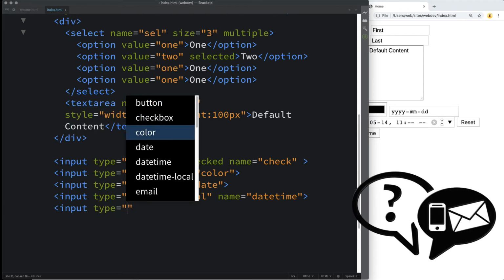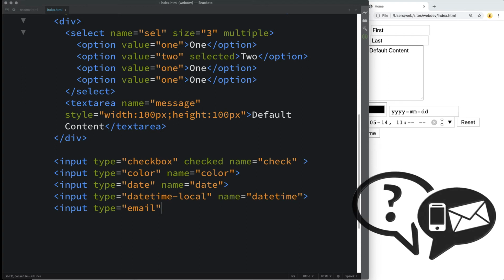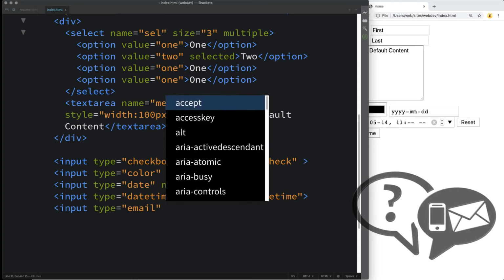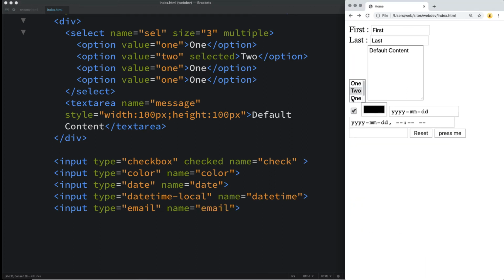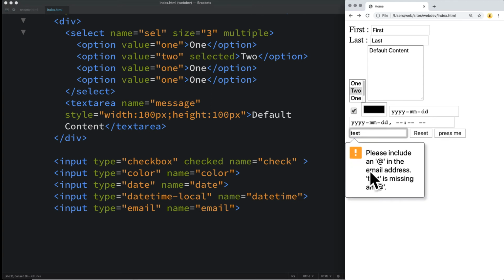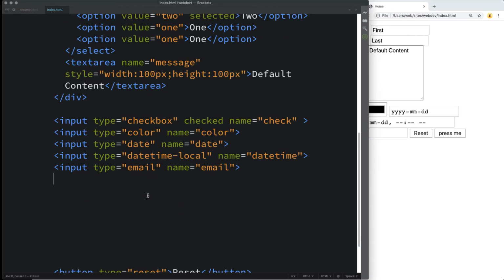One that is commonly used is email. So this is going to require that the user is entering in an email address. And if it's not a properly formatted email, then it's not going to accept it within the input. So if I just write test, and if I try to submit it, I'm going to get this pop-up window. And this, again, used to be done a lot with JavaScript, but now with HTML5, if we're specifying the type of input, it's going to be checking for that. And if it's not matching the right criteria, we're not going to be able to submit it properly.